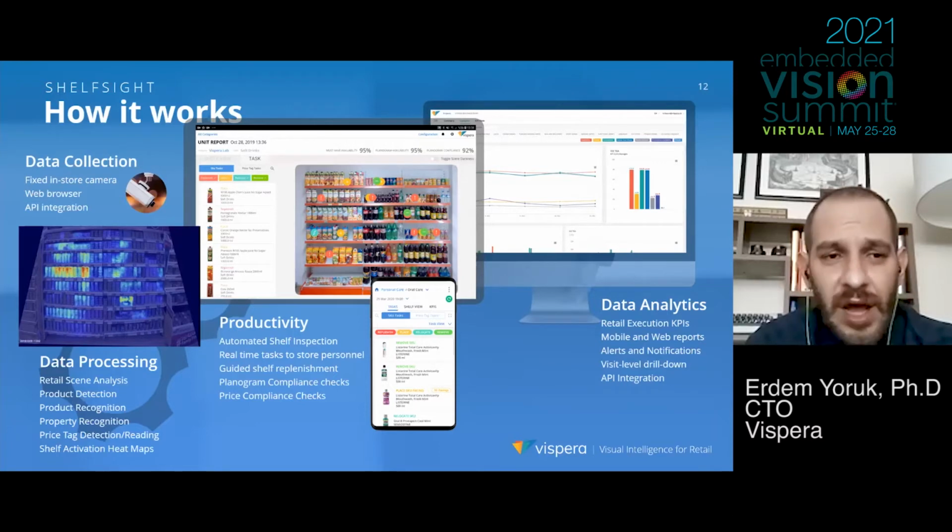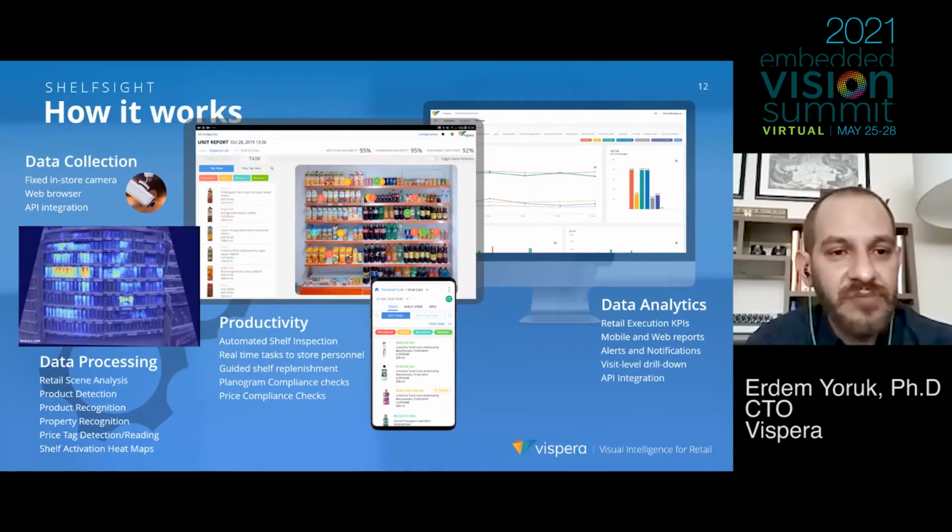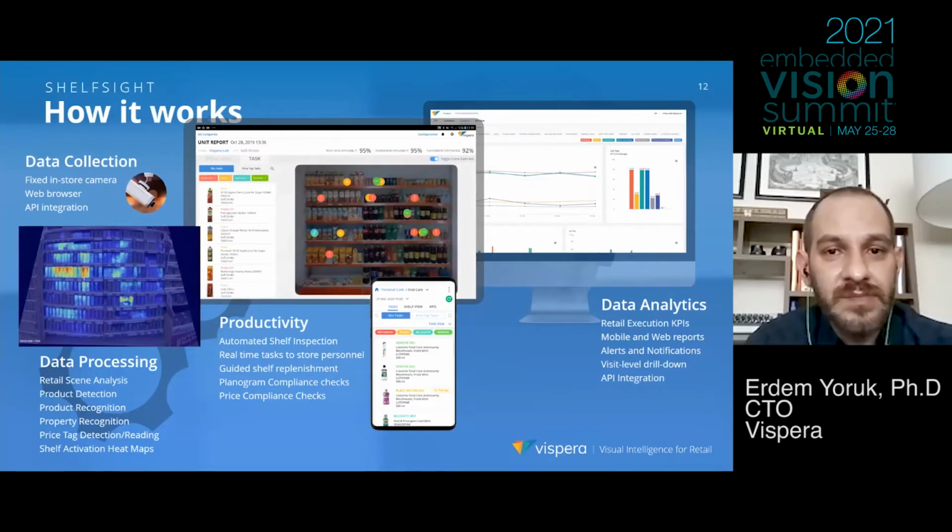And on the edge, we convert those images to raw semantic output, which involves retail scene analysis, product detection, product recognition, property recognition, asset recognition, price tag detection and reading, and shelf activation heat maps. So that information that we extract from the images, we can